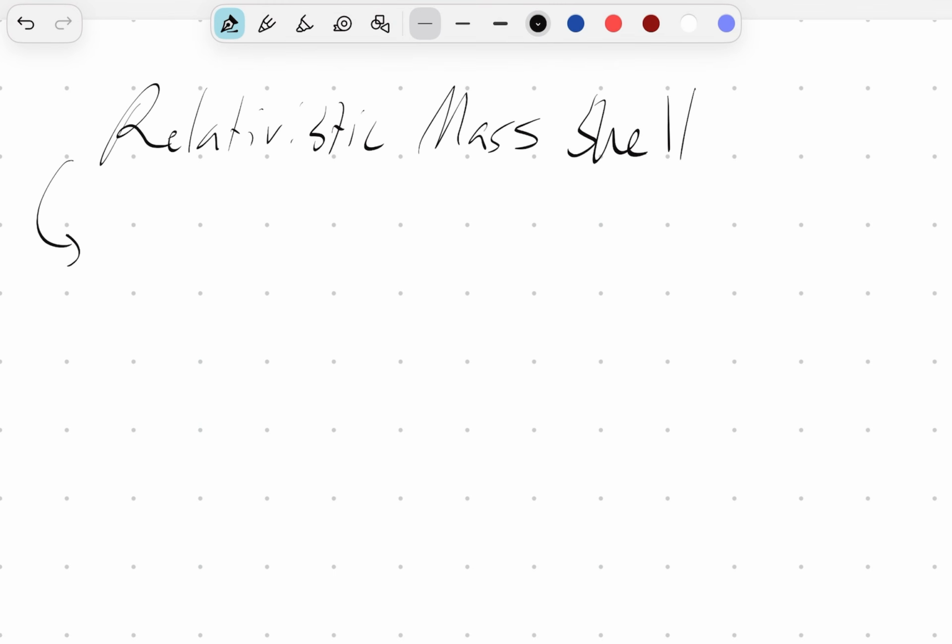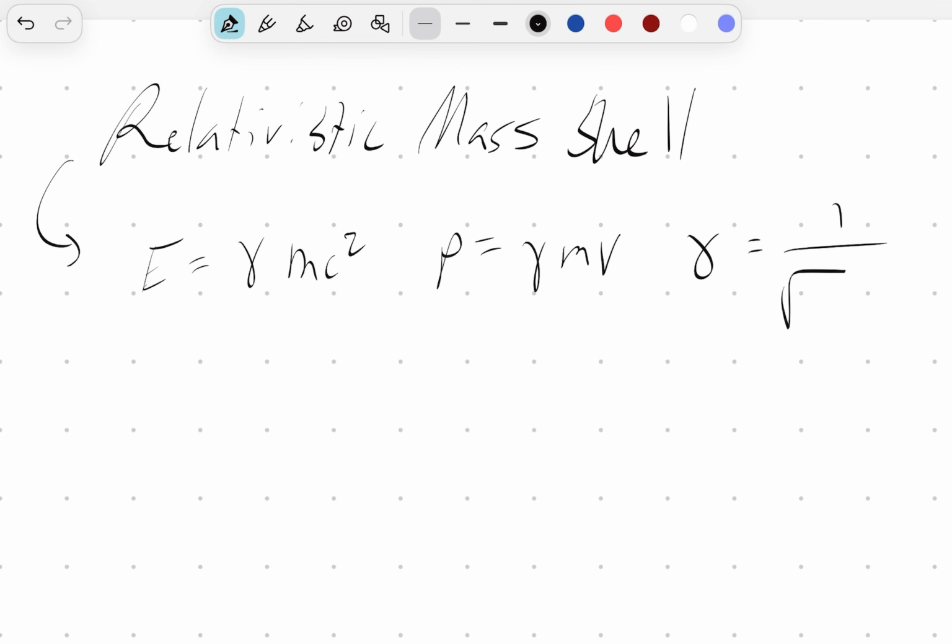What this is: we can first consider a particle of rest mass m moving with velocity v in some inertial frame. So we can just say that the correction for E equals mc squared, for p, is equal to gamma mv, where that's the momentum. This gamma here is the Lorentz factor. Hopefully you've seen it before. I'm assuming you've seen it before. And what it does is it assumes that you have a mass moving with some velocity in this new